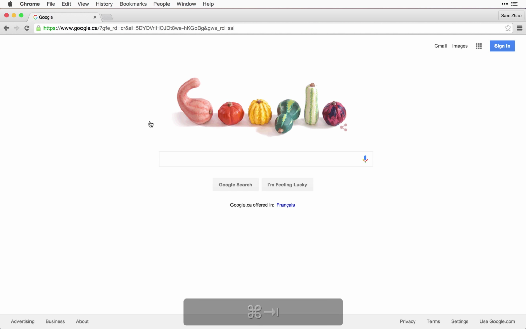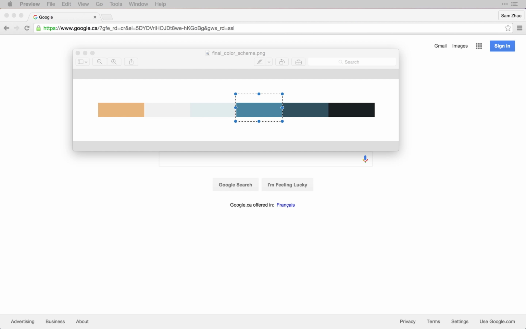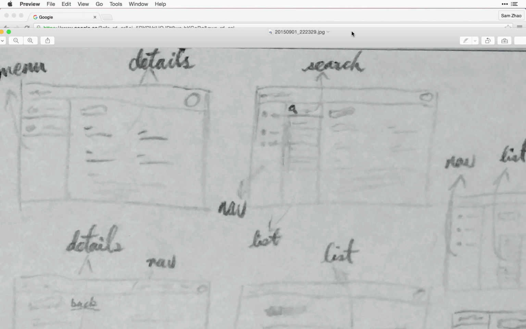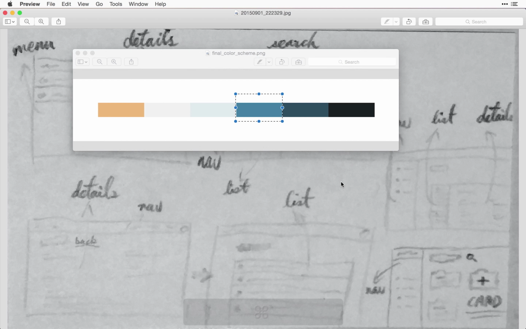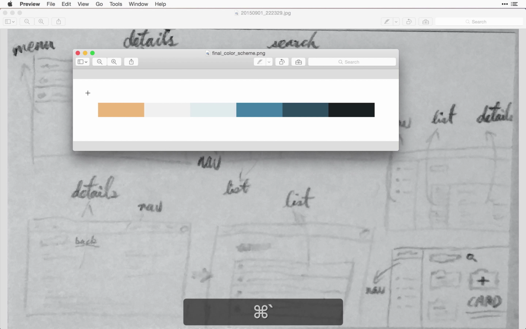Actually, before doing that, we should review what we have right now. In the last two lessons, or I guess one lesson broken down into two parts, we went over how to do sketches. Once again, here's my super crappy and rough quick sketch. I sketched out 6 variations of the application we're going to build, the construction management web application. So we've done this, and also we've decided on a color scheme